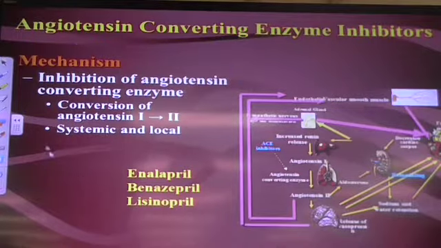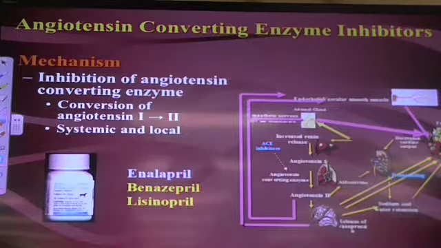All right, so I've listed the most common drugs. Captopril is the oldest drug. We don't use it anymore. Enalapril is the drug that I've chosen as the model drug because that drug was approved for use in animals in the United States. Now, we don't use that drug anymore.